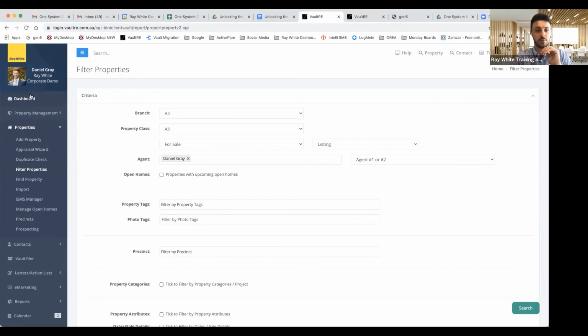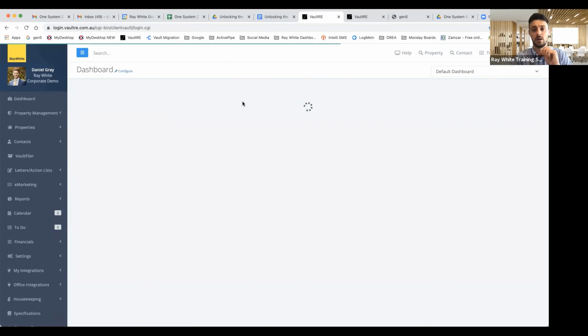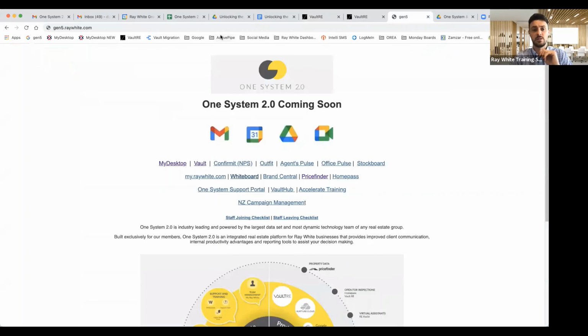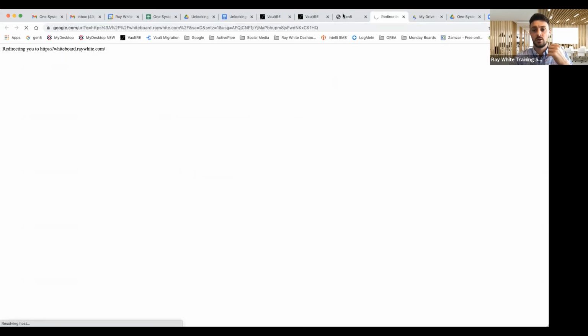Just before I stop sharing my screen and before I sign off and let you go, I would just like to bring your attention to the gen5.ray loading page. So this is the One System 2.0 loading page. You can access Vault and everything else from this page as well. I'm just going to bring up my Google Drive really quick, and I'm also going to bring up Whiteboard. So under